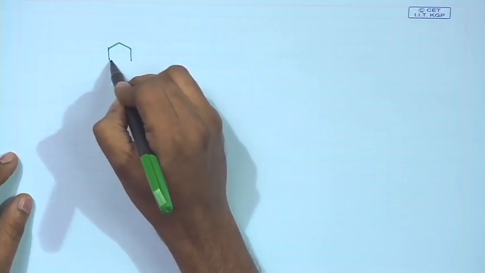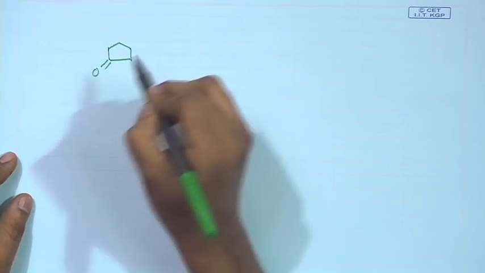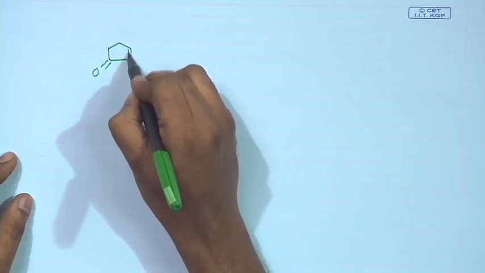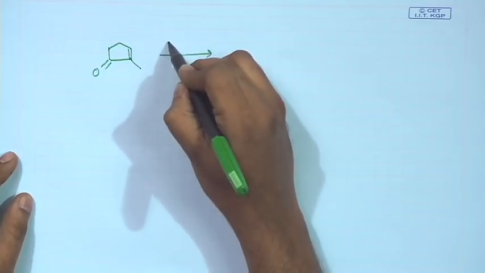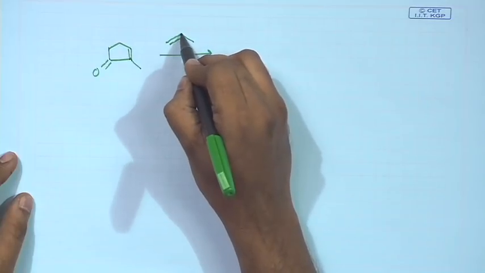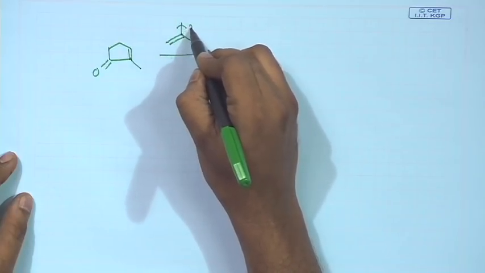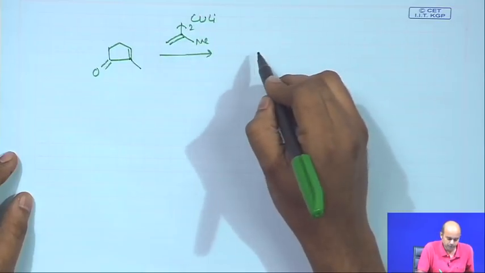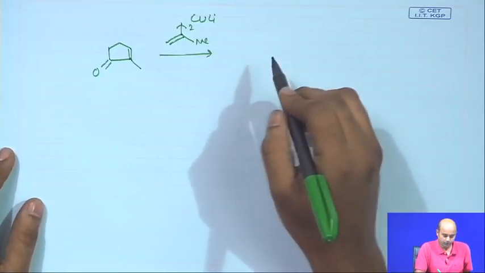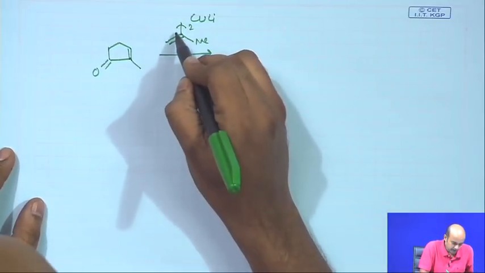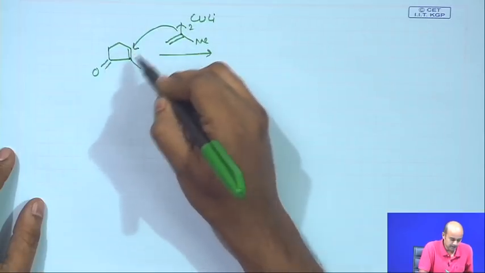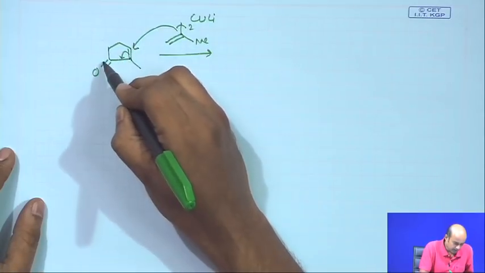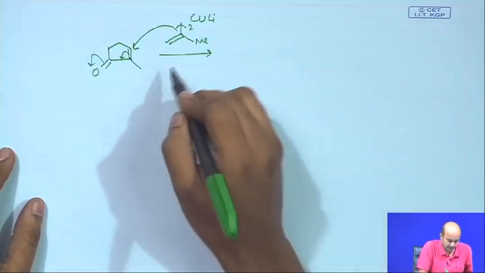So, now let us draw the forward pathway. What do you have? You have this starting material, and you are reacting with the corresponding Gilman reagent. Okay, this methyl. Do a 1,4 Gilman. You can do a 1,4 Gilman, which means that this will attack here, and then you come here, you have these things,